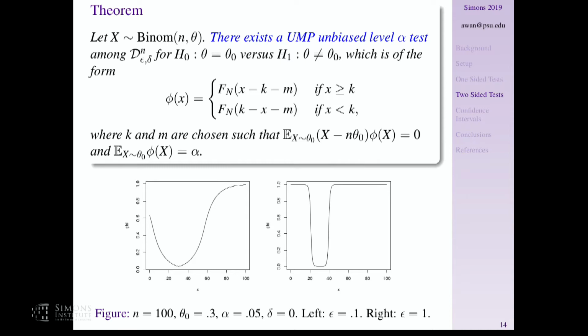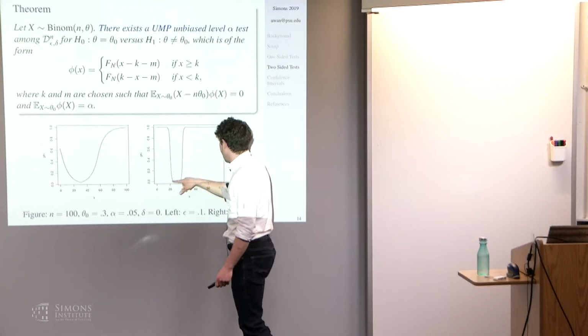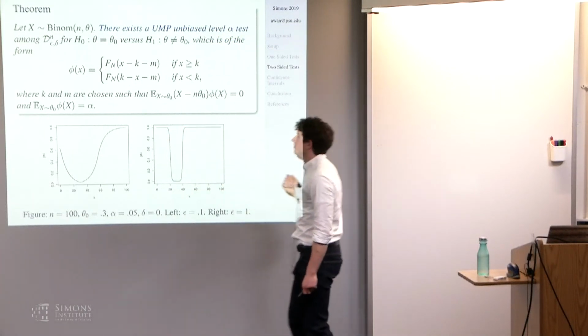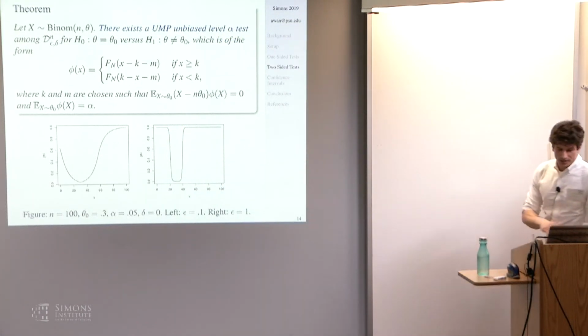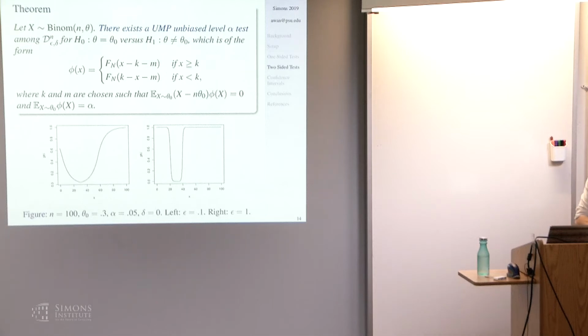As I said, this is what these tests look like. They're centered at some k, and then they increase on both sides. As epsilon is increasing, we get closer to the jump functions that you would get without privacy. Without privacy, we would just be 0 in the middle here, and then 1 outside. And so we're converging to that as the privacy goes down, or less privacy, higher epsilon.